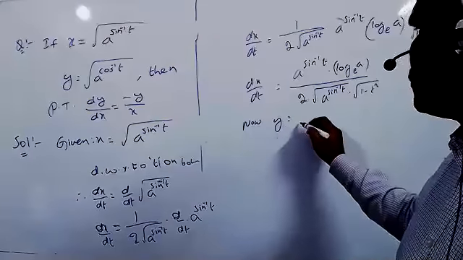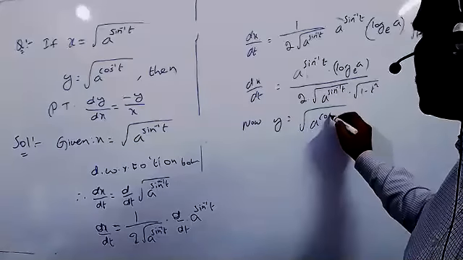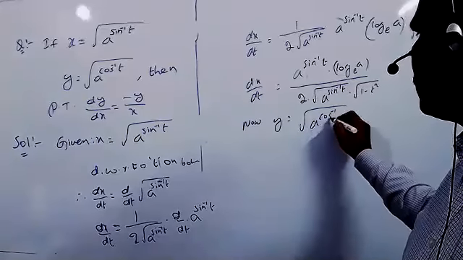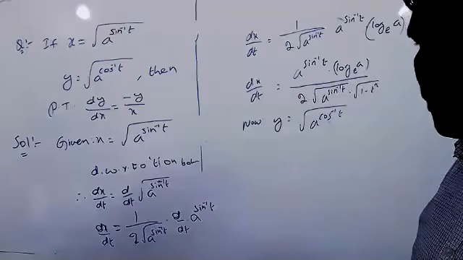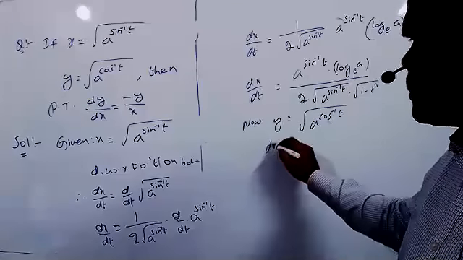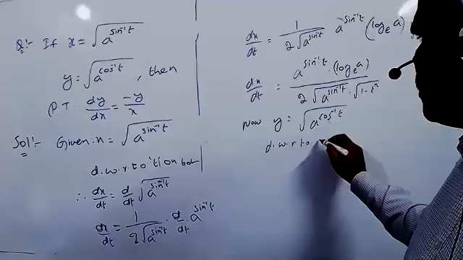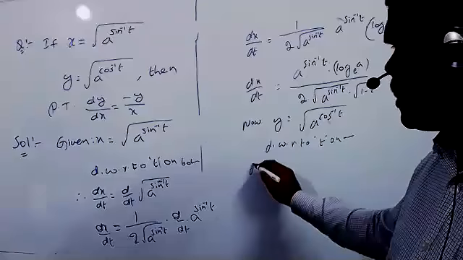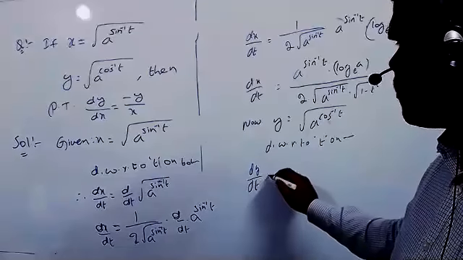Now y equal to square root of a power cos inverse t. Same, now differentiate with respect to t on both sides. So therefore, dy by dt equal to